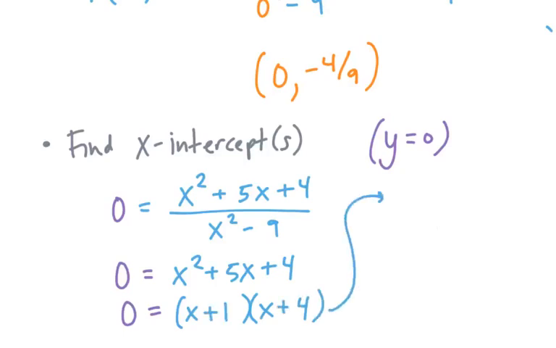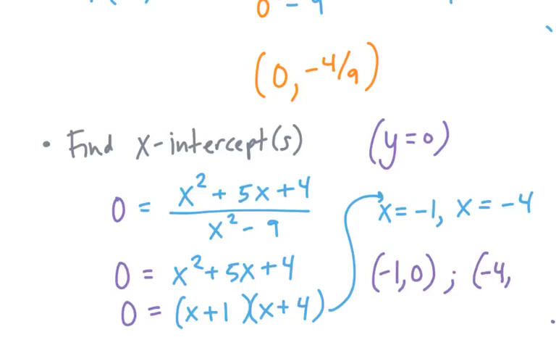So that means I'm getting x equals negative 1 and x equals negative 4 when we solve this. So as ordered pairs, we do have two x-intercepts. One of them is (-1, 0), and the other one is (-4, 0). So this just gave us two more points that we can plot, and having two more points will help us